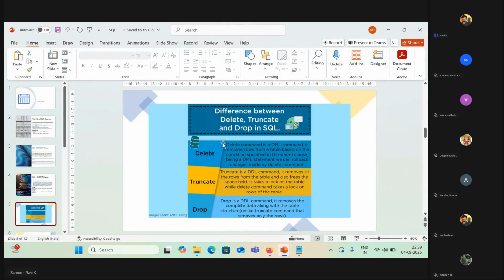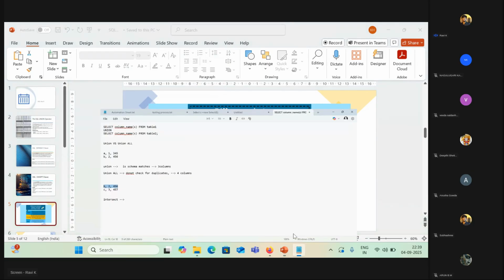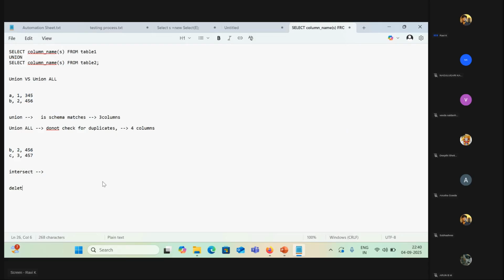Now let's come to this most important part. This is one of the most important questions. Okay, so what's the difference between delete, truncate, and drop? Okay, so if you apply delete, it's a DML operation, and if you want to delete specific rows using some filters, just use this delete. So, not select star from table, sorry, delete from table name. If you don't give a where condition, then it will delete everything from the table. Okay, just give a where condition. Let's say employee_id is equal to 123,